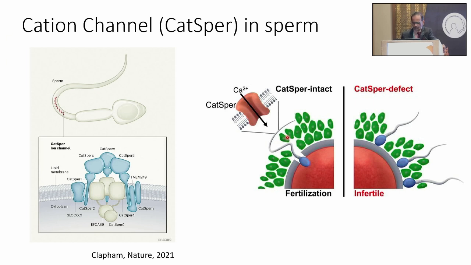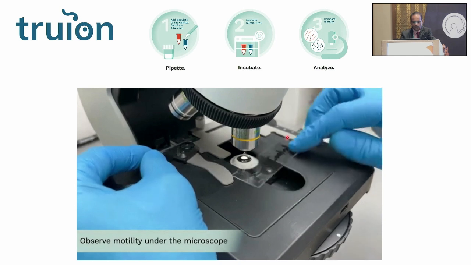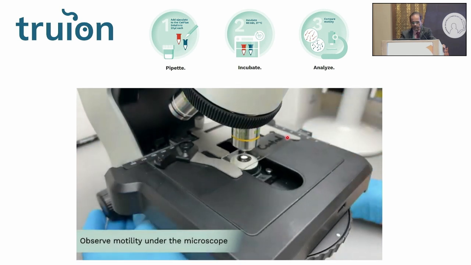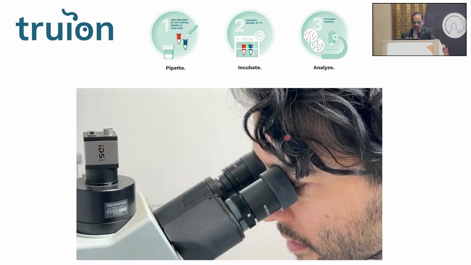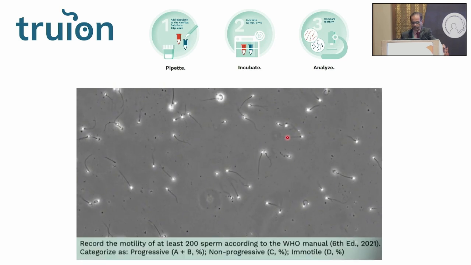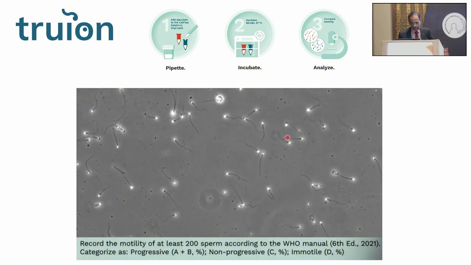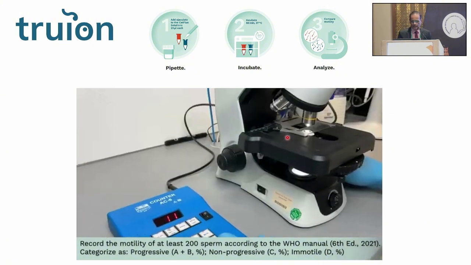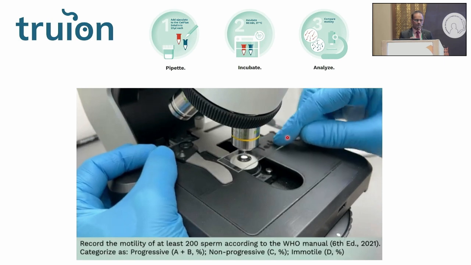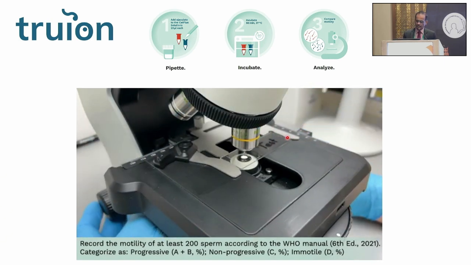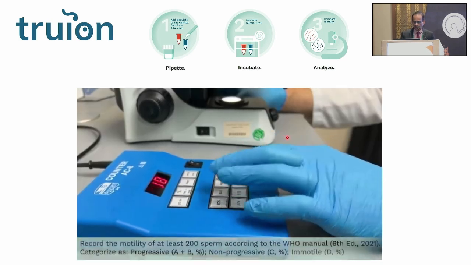So now there are techniques available. This is a new technology from Trion, which is a startup of the University of Munster. They have come out with an easy kit which has only test and control, so it's very easy to do. You can mix it with the ejaculate, look at the motility under the microscope, and then you can easily calculate the CatSper index. They say that if the CatSper index is above 80, then it's unlikely the patient has a CatSper defect. And if the CatSper index is less than 80, that means there is a possibility that the patient has a CatSper defect, and ideally